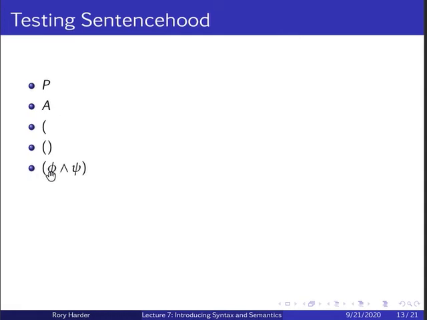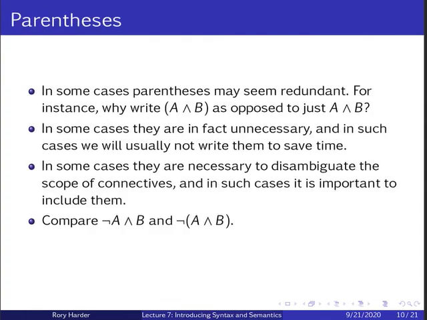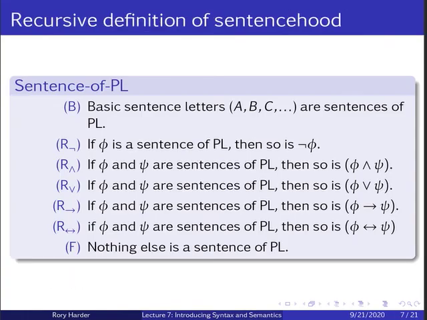And similarly, phi and psi are variables that stand for different sentences, like for instance P and A, but they are not themselves sentences. And this might be hard to understand because in our rules for building up sentences, what we say is that, for instance, if phi and psi are sentences, then so is phi and psi. So it seems like we're saying here that phi and psi is a sentence, but it's important to understand that